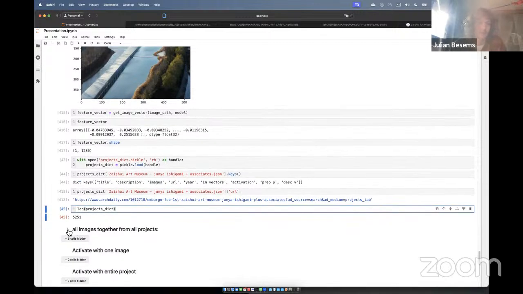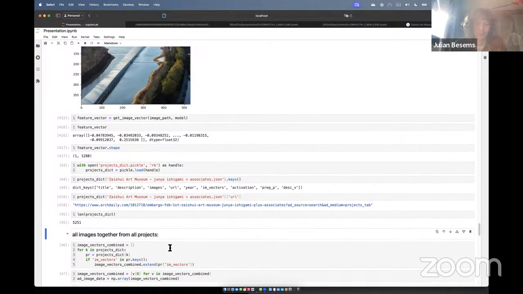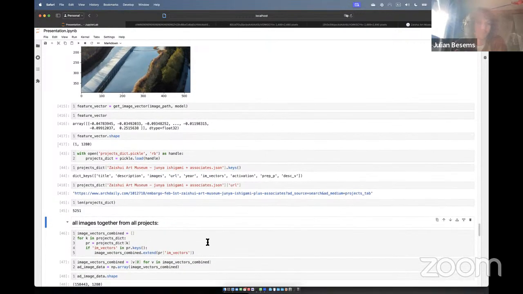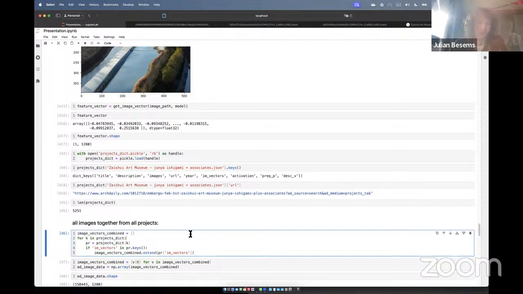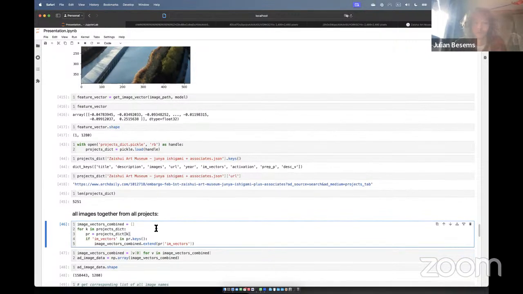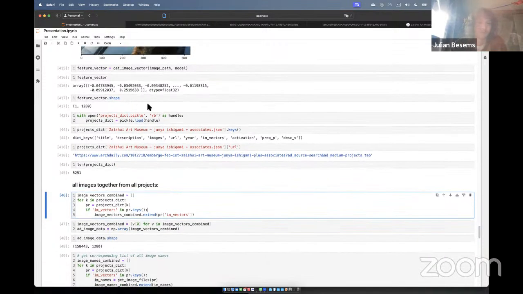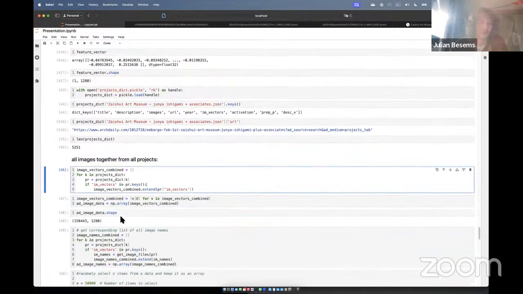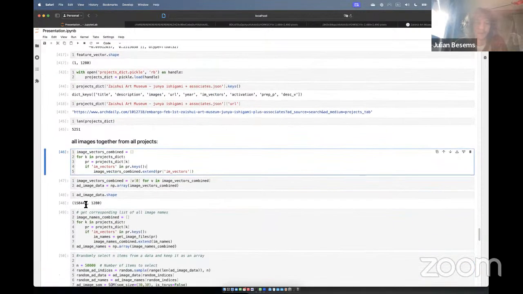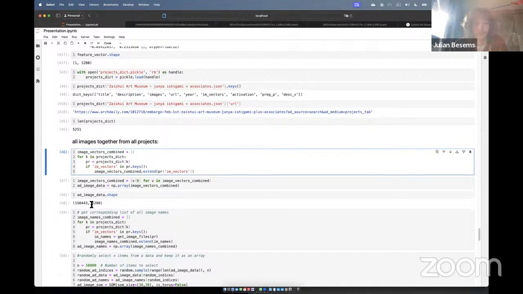The first step is to take all the images from all of the projects. Don't worry about the code too much for now. I'll share a Google Colab version of this notebook and annotate it a bit more so that you can either use it with your own data set or get into the code a bit more, depending on your preference. But what happens here is I take all of the feature vectors that I encoded of all the images and put them on one large pile, which ends up in 158,000 images, where each image has that dimension.